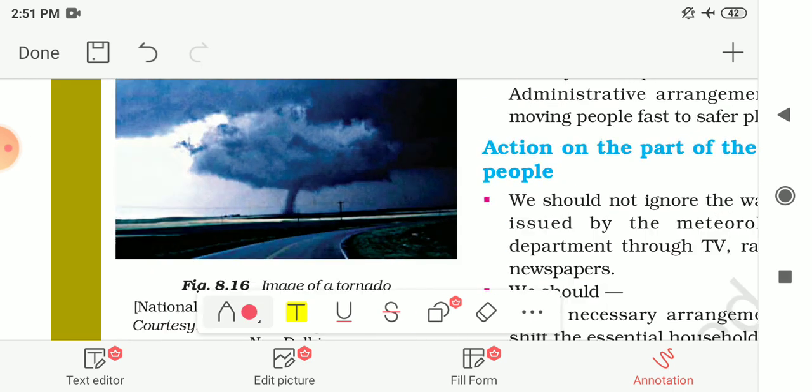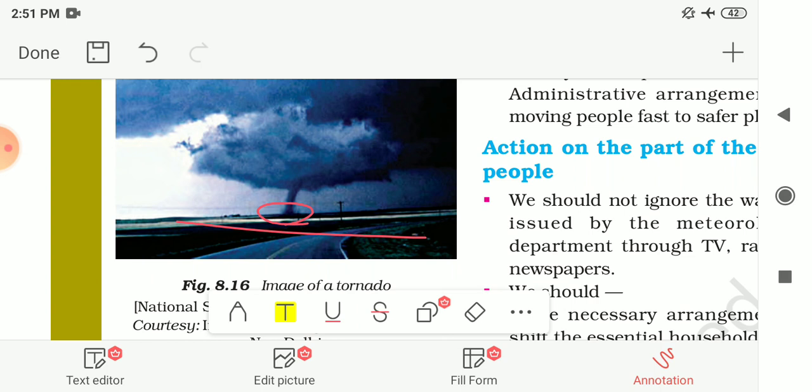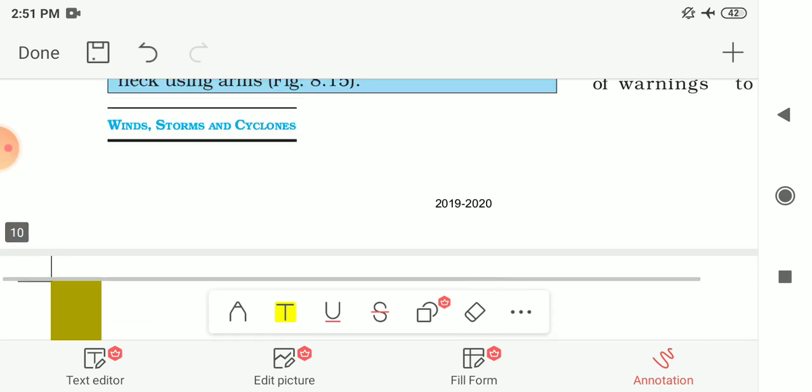This is the picture of a tornado. It is like a dark funnel-shaped cloud that reaches to the ground from the sky. And a violent tornado can travel at a speed of about 300 km per hour. And tornadoes may form within cyclones. From the cyclones, these tornadoes are formed, and the whole coastline of India is vulnerable